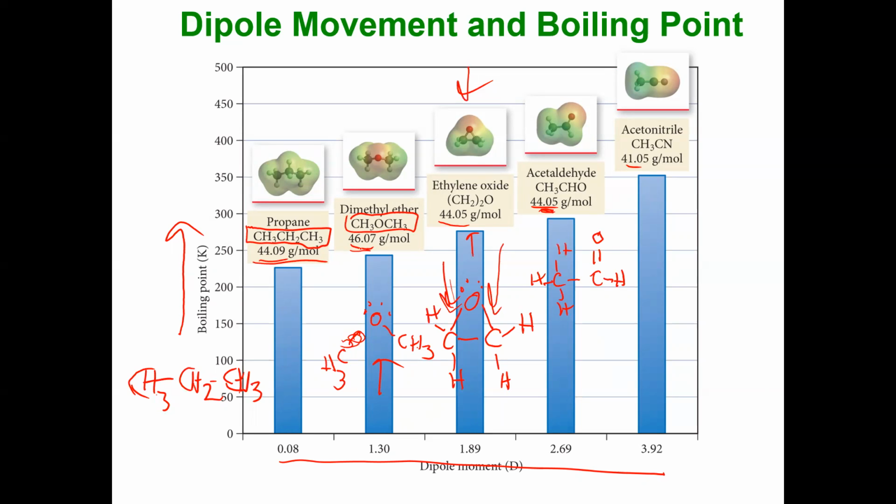Why is it that it has a higher boiling point than the ethylene oxide, which is an ether, and this ether? Well, if we look, one of the things that makes the carbonyl so polar, so now it's even more polar, is that carbon-oxygen bond, where again there's a large electronegativity difference, right? So it's polar, but